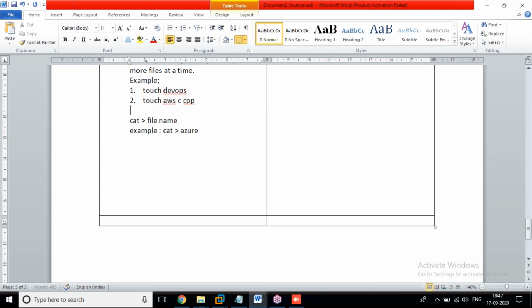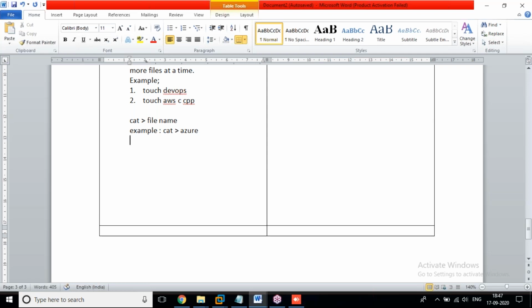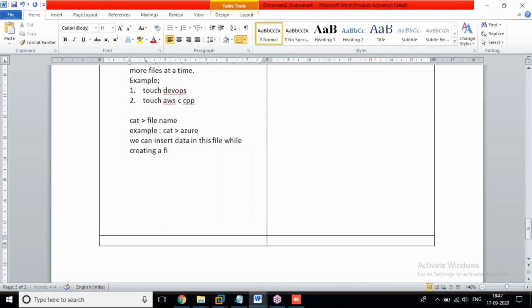Now I'm going to insert this data inside this Azure file, while creating a file by using the cat command.